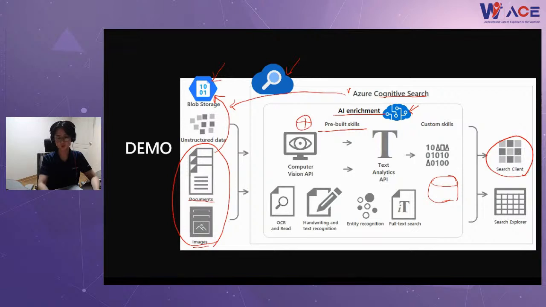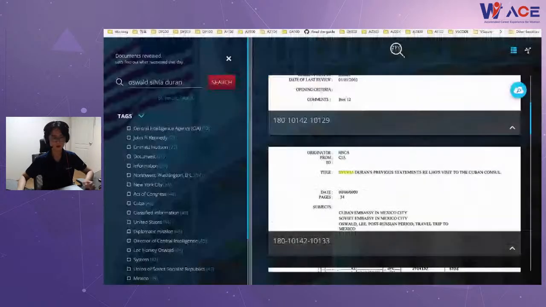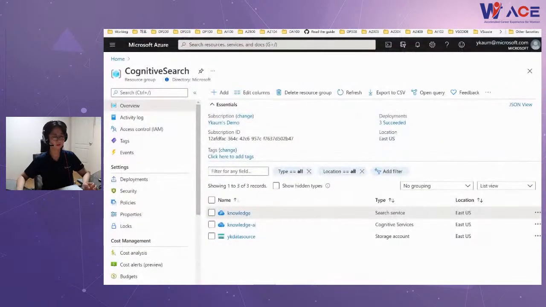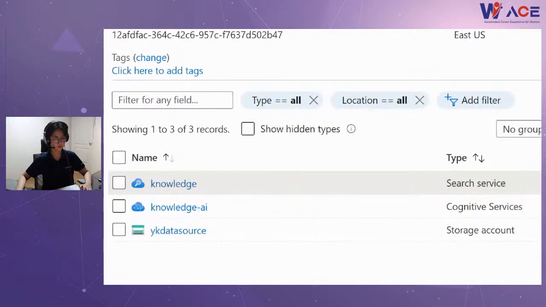Using this search client, I'm going to consume the Azure Cognitive Search service. Okay, let me bring up my Azure portal. This is the Azure portal, and I've already created 3 resources. The knowledge is search service, Knowledge and AI is cognitive services, and the data source is the storage account.